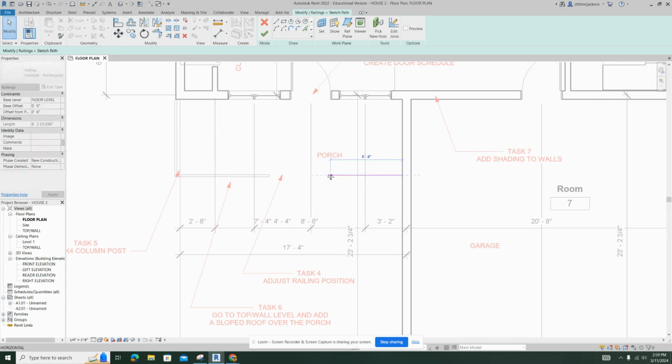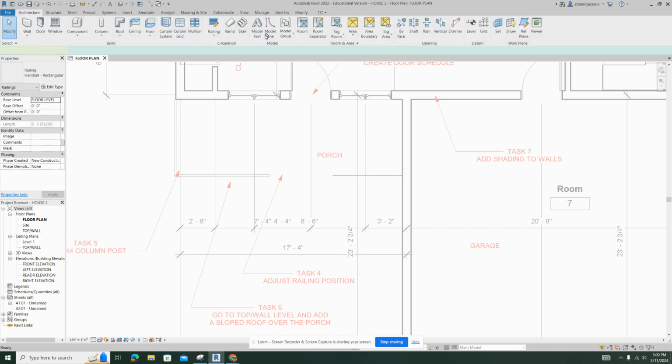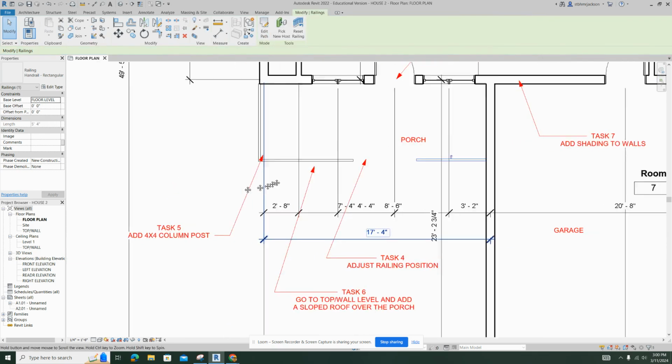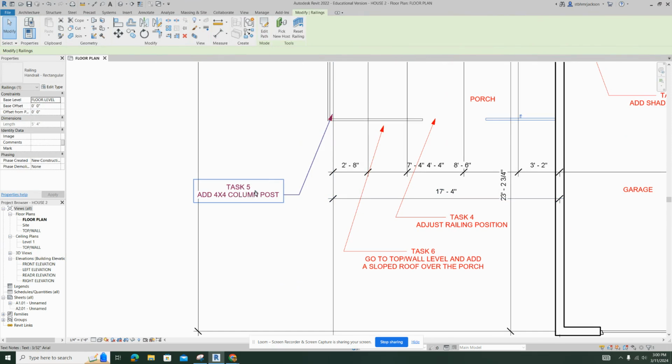You'll pull this back, all about even with that, and you'll hit OK. On task number 5, it tells you to put in a 4x4 column post,